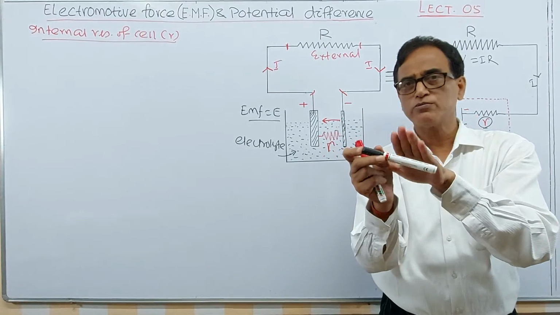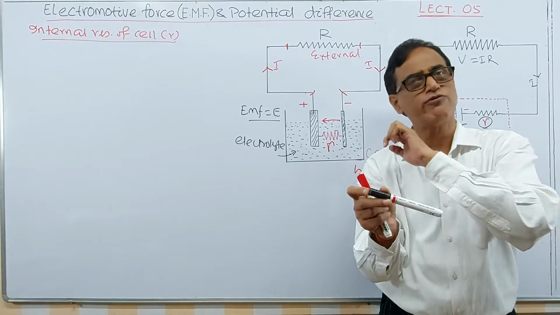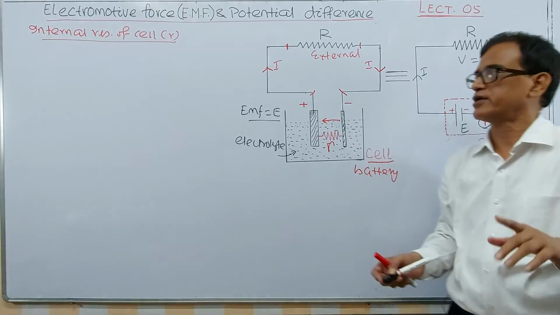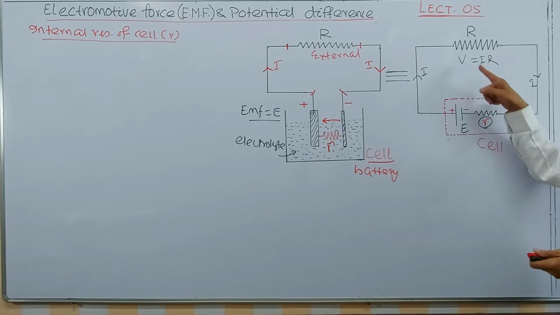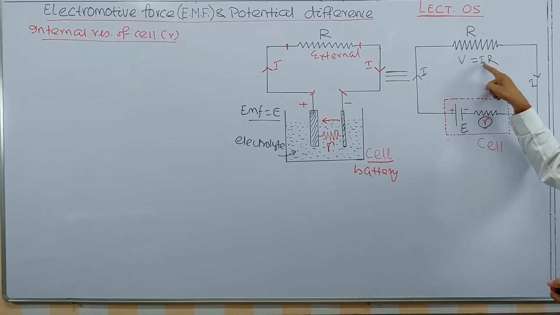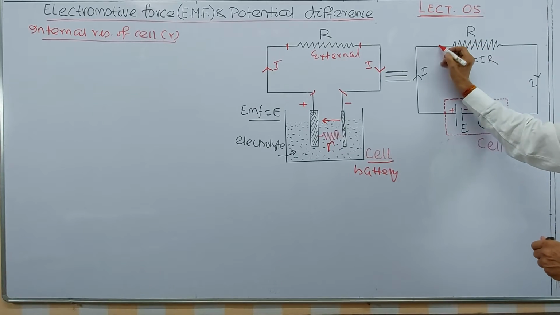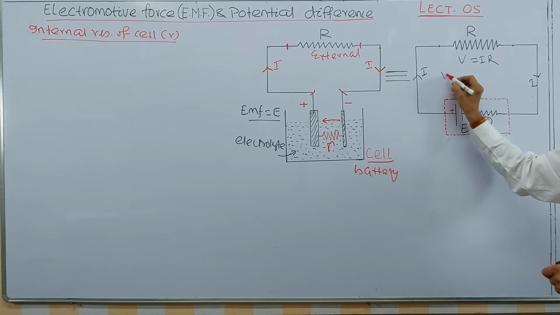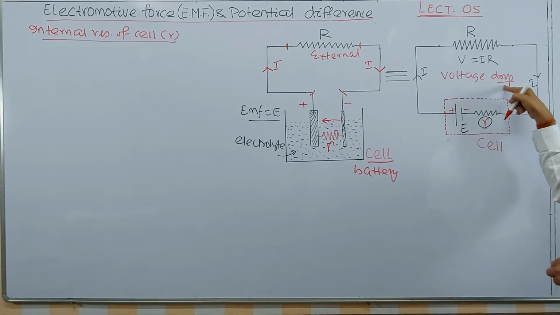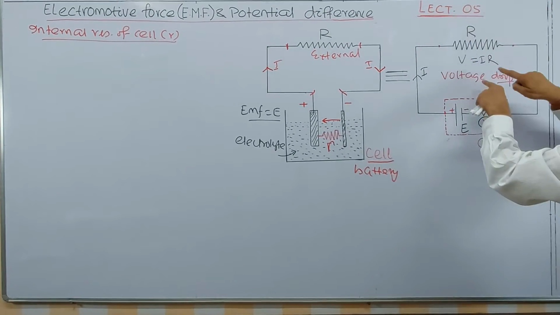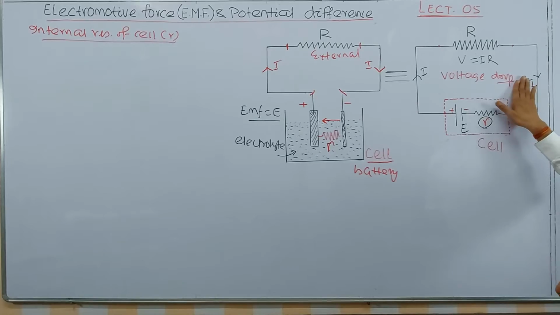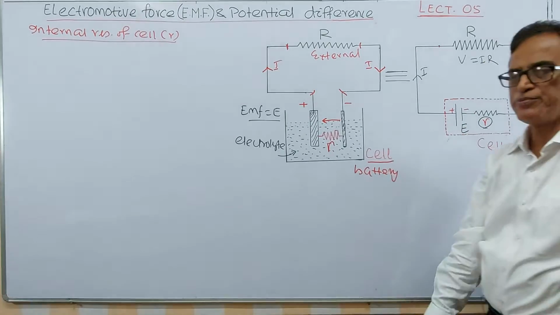You should know the details about this one because after this we will go for Kirchhoff's law, in which we will have a number of circuits in which we allow the current to flow. Now here V equals IR. I is the current flowing in the circuit. So this is the voltage drop across this resistance. In some books it is written as voltage drop, meaning IR has been dropped across this resistance, but this is the applied EMF. I am removing this one. Simply write V equals IR.